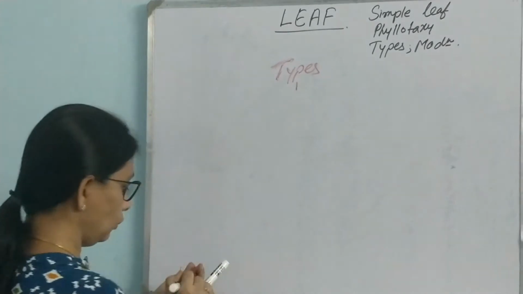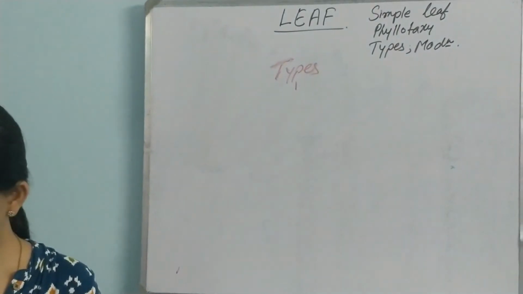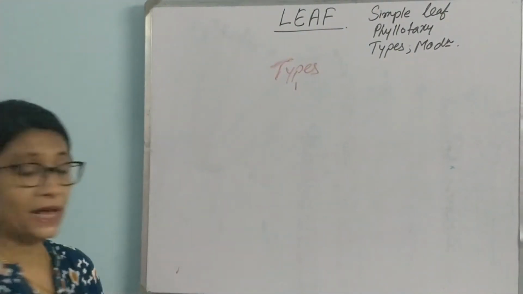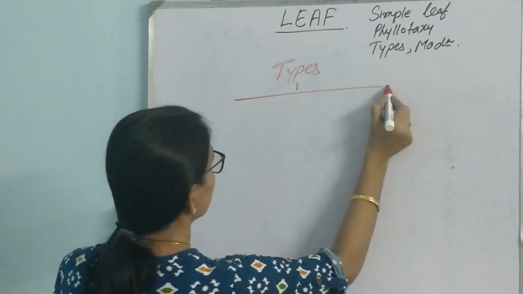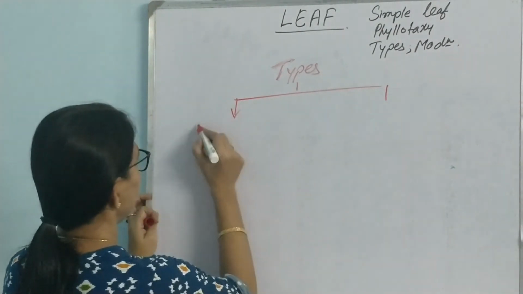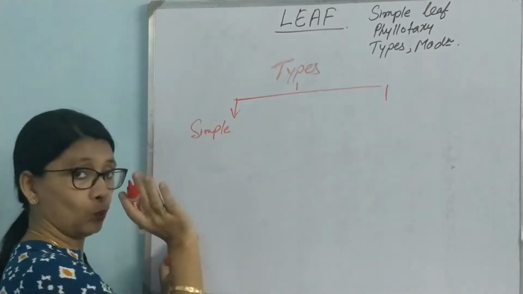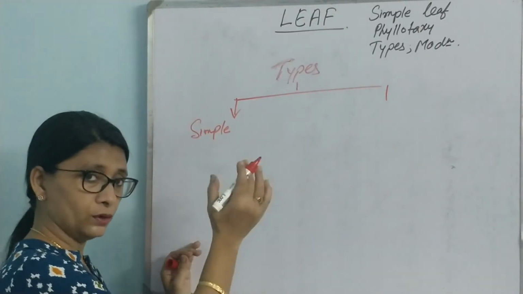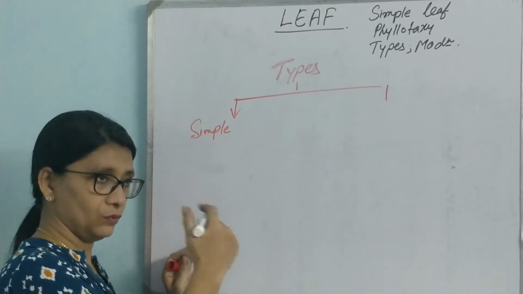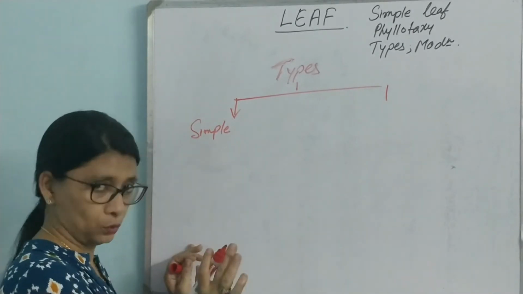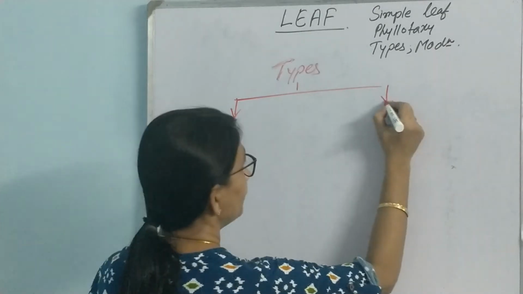Types of leaf. There are two types of leaf. Simple, which we just spoke about, one leaf per node, or one leaf blade per petiole. That is simple. And compound is